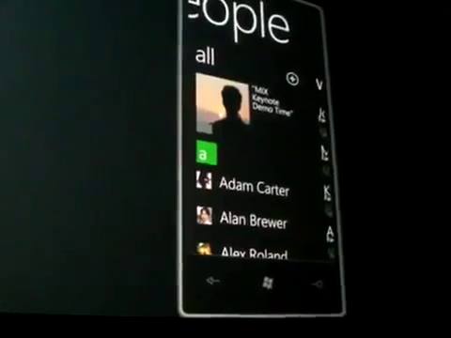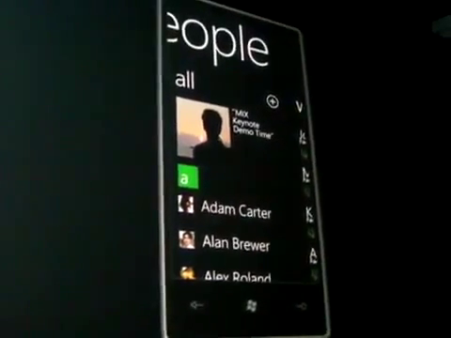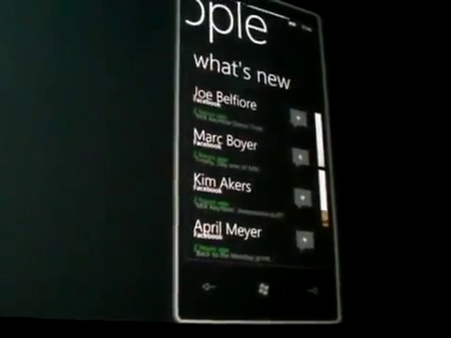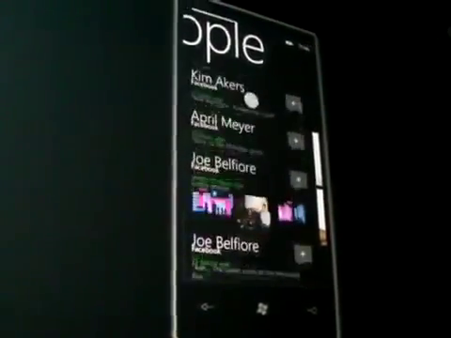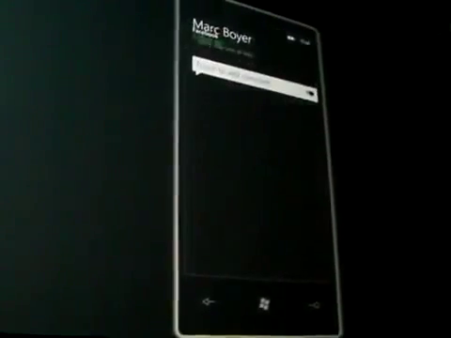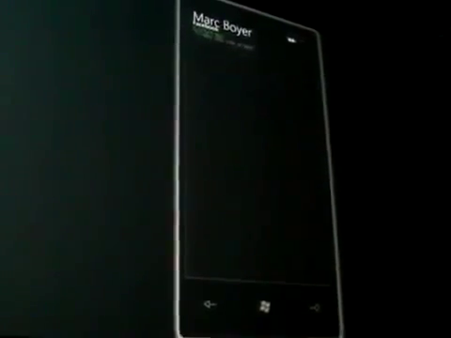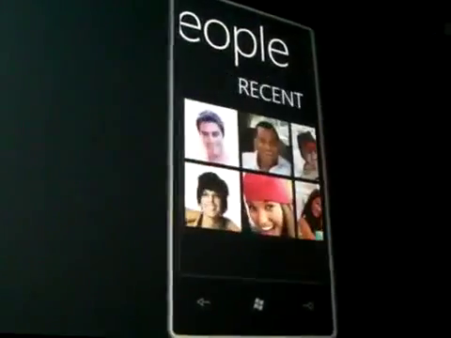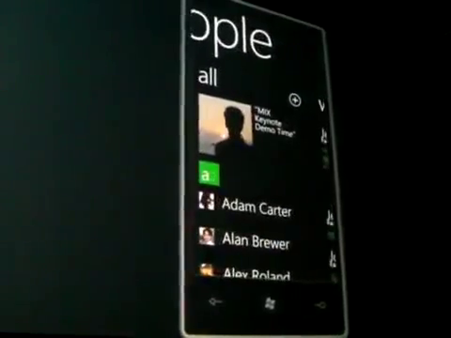I'm actually signed in on my Facebook account, so there's my latest Facebook update. I can pan over here, there's the what's new. These are my friends, what they're doing. If I want to comment on one of these things, I can touch the comment button, add my comment, and so on. Now I'm going to come back here, and I'm actually kind of waiting because I was expecting a